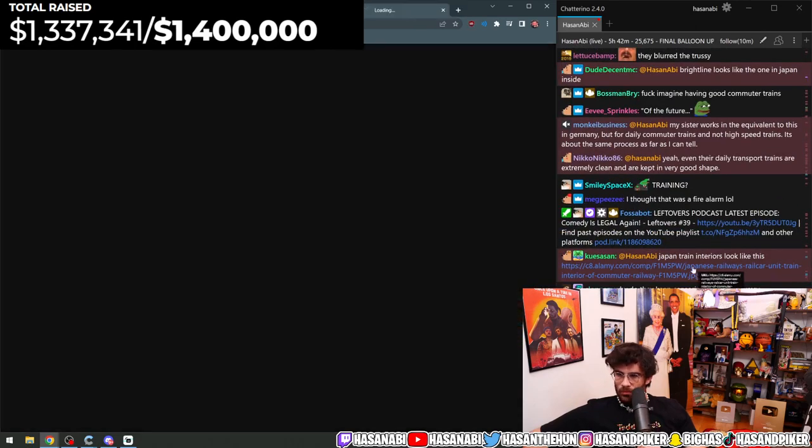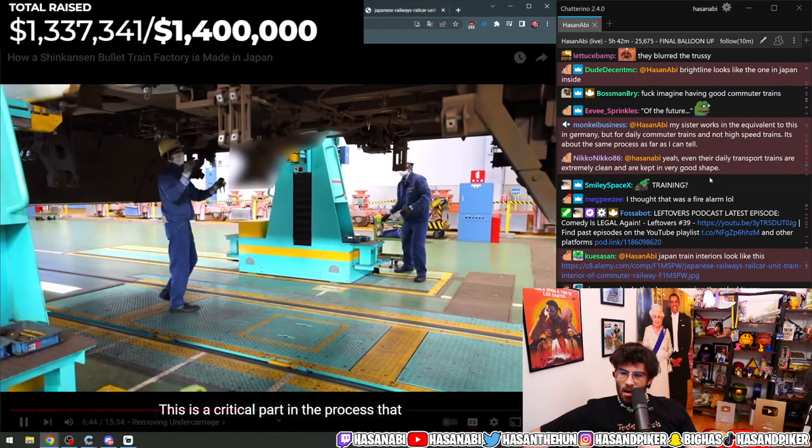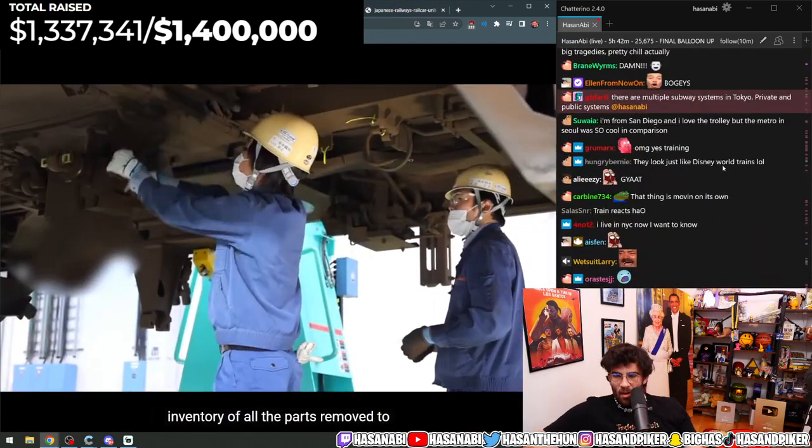After the undercarriage has been detached, the workers focus on disassembling the electronics and other equipment under the carriage. This is a critical part in the process as the workers must be diligent in taking inventory of all the